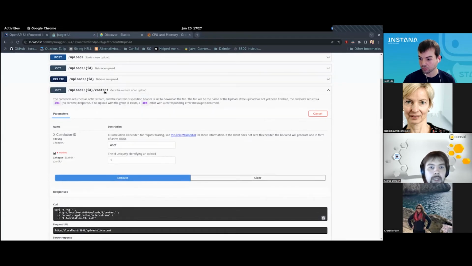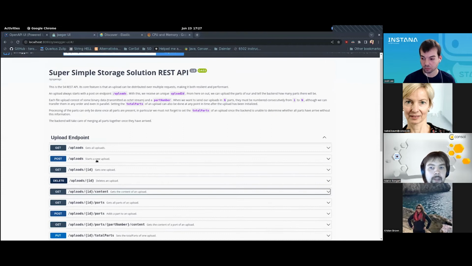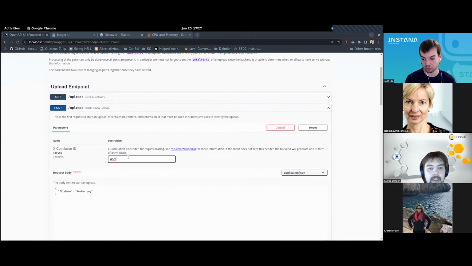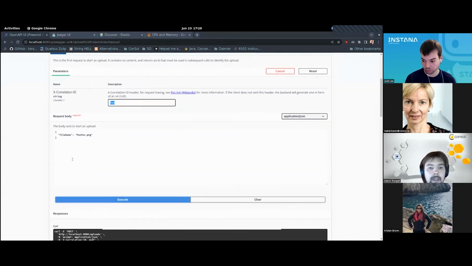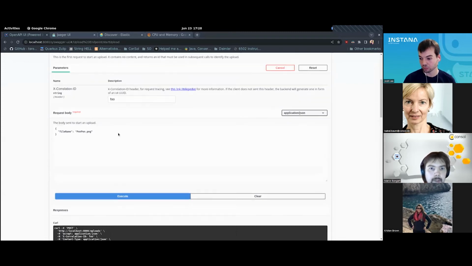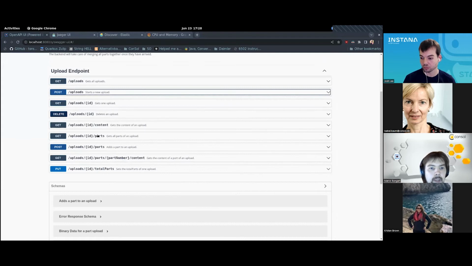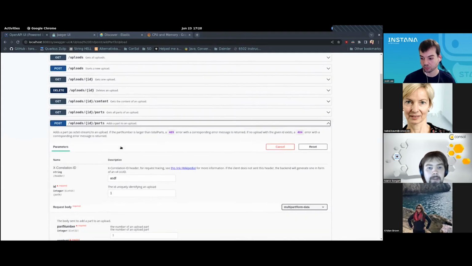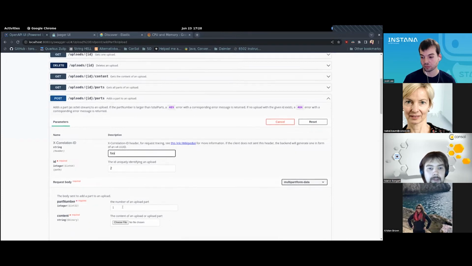We are going to make one round trip through the application. And we are then going to look at the logs and the tracing and so on. So we start by saying we want to upload a new file. I'm going to call the correlation ID foo. I will keep this constant over all requests. So we will be able to see all requests with this correlation ID later in the logs and the trace and so on. We are going to start the upload. Oh, new upload ID is 2. Awesome.